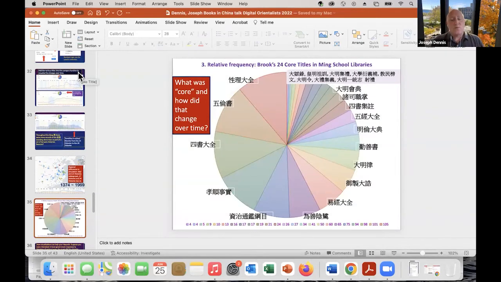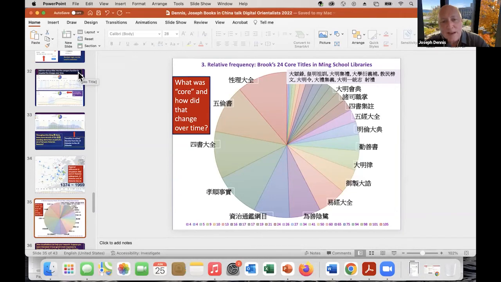You can also do things like see which are the most common books. There's a scholar, Tim Brook, he's a Ming historian. He wrote an article saying there were 24 main books in school libraries, but he didn't say which ones were most important. And so from doing this kind of big data collection, then you can identify which of those 24 books was more common, which ones were replaced, what is the time that they were most important.